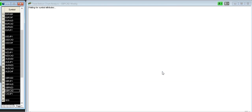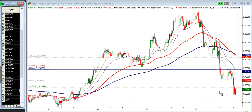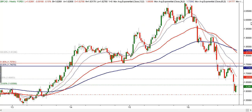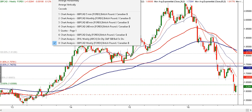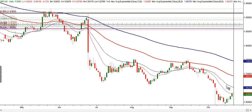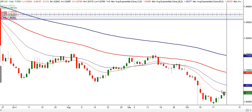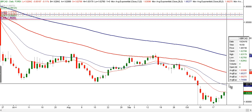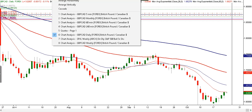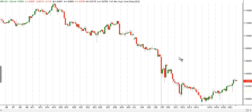Pound versus Canadian dollar. The Canadian dollar has been very weak this week, and you could see it on the pound chart here, pound versus Canadian dollar. See this long bar here. Whether this will continue or not is something different, and as you can see, this market is now into a bear dump money, the daily money area here, and this could actually continue and restore the move lower,